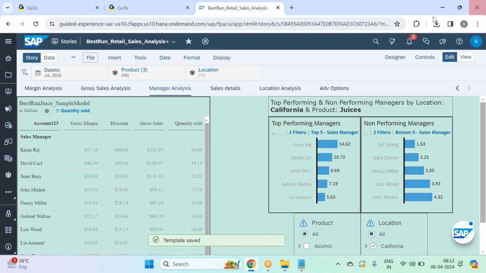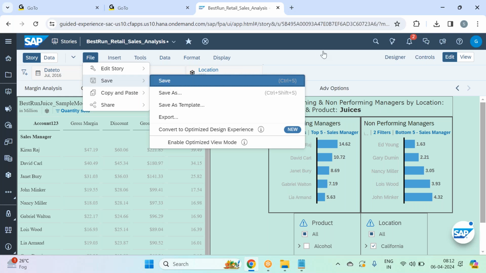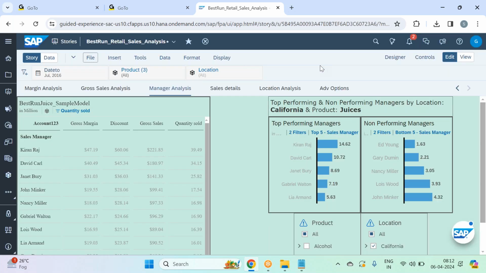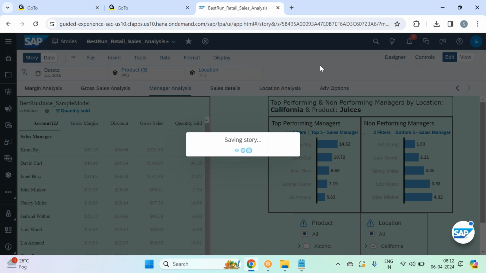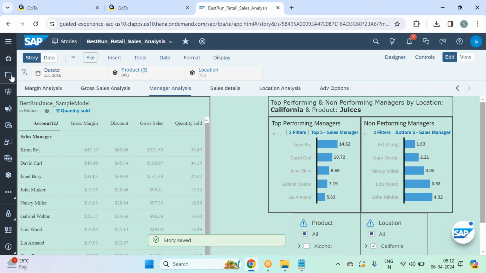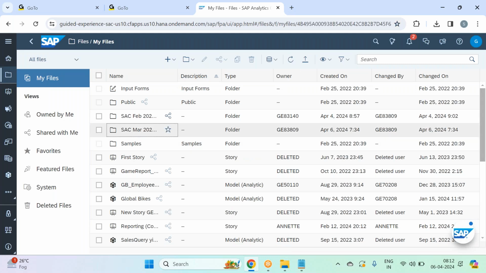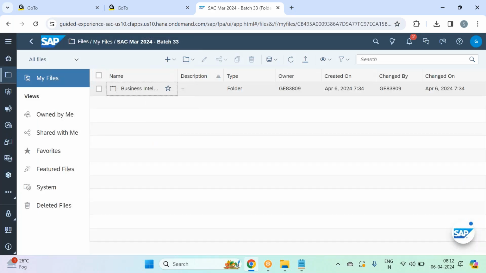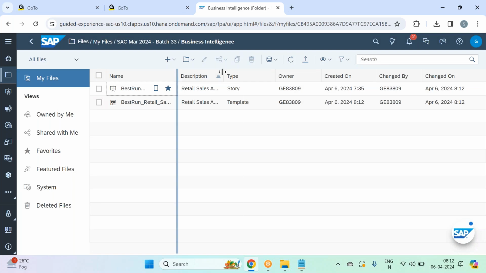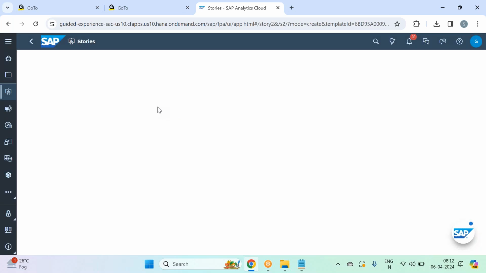So now you see, we created a template out of this story. First, let me save this. So here I go. This is your story, the top one. And here you see a template was created out of this story. If I open the template,